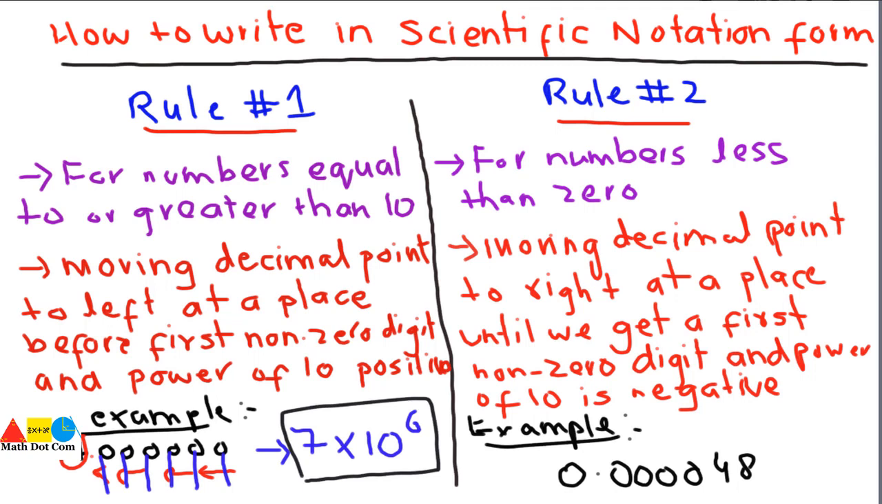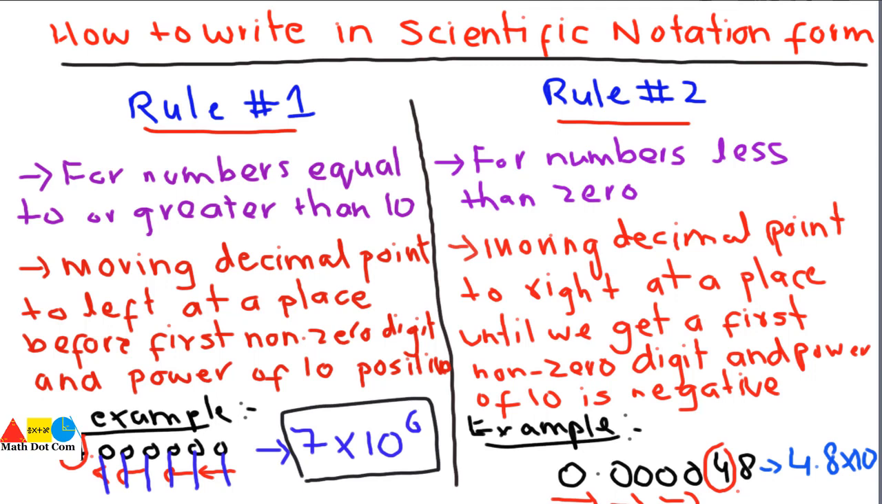If you have a number like this, how will you represent it in scientific notation form? Where do we have to move? We have to move toward the right, until we get the first non-zero digit. We get the first non-zero digit here, so we put the point after this first non-zero digit. The given number becomes 4.8. We have removed all the zeros and put the point after 4, multiplied by 10 raised to power